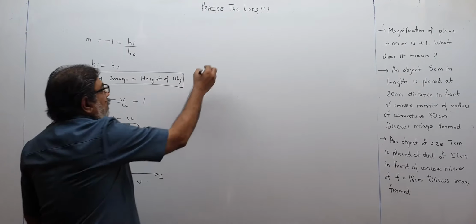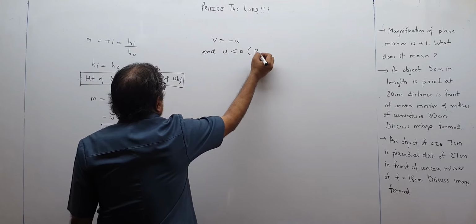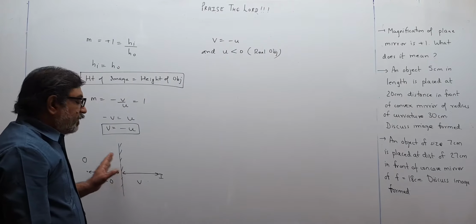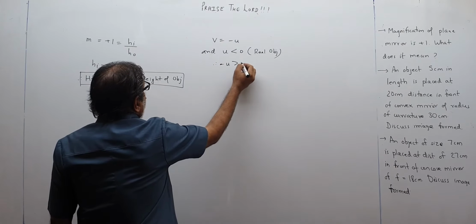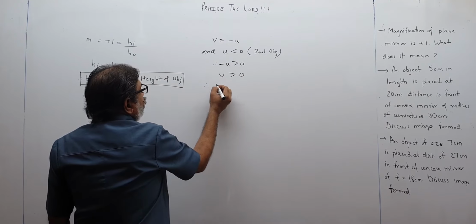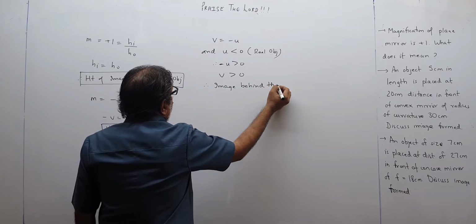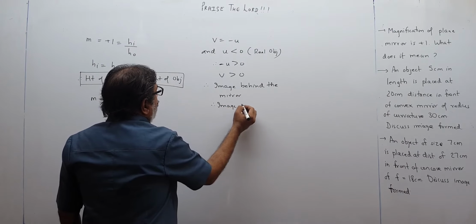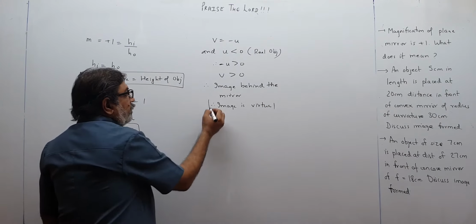So v equals minus u, and u is always less than 0, because we are talking of a real object. I told you a real object will be in front of the mirror, and therefore u will always be negative. Therefore minus u will be greater than 0, and so v will be positive. Therefore the image is behind the mirror, therefore the image is virtual. The image is virtual because v is positive,